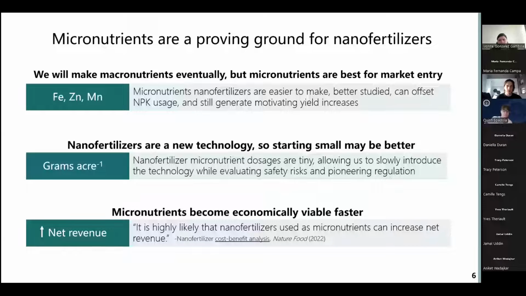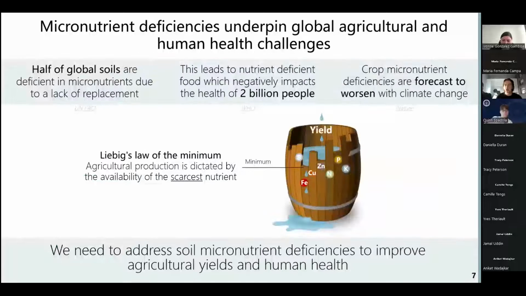There have also been a number of studies showing that nanofertilizers which target micronutrients are the best path forward to increasing net farm revenue, simply because nanomaterials are a little more expensive. Micronutrients can be key targets for increasing farm profitability without having to apply a whole bunch of these materials. And so I'm going to go a little more into what micronutrients are,